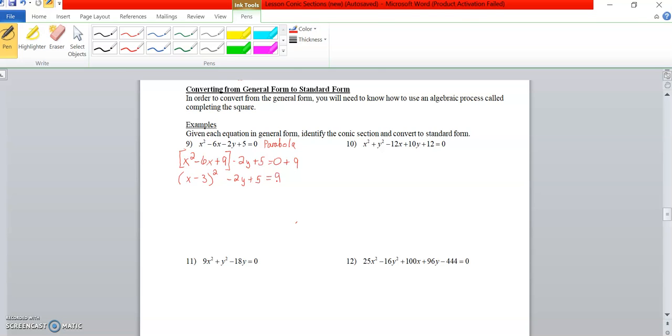At this point, what we want to do is start simplifying and get that y minus, technically it's y minus k quantity squared, but we want to simplify, so we leave this alone, x minus 3 squared. I'll just do it as many steps as I can without running out of room here. I'll subtract 5 from both sides, so that equals 4. In the end, we want y by itself. y equals some x squared term. So we can add 2y to both sides. And then if we subtract 4 from both, we get